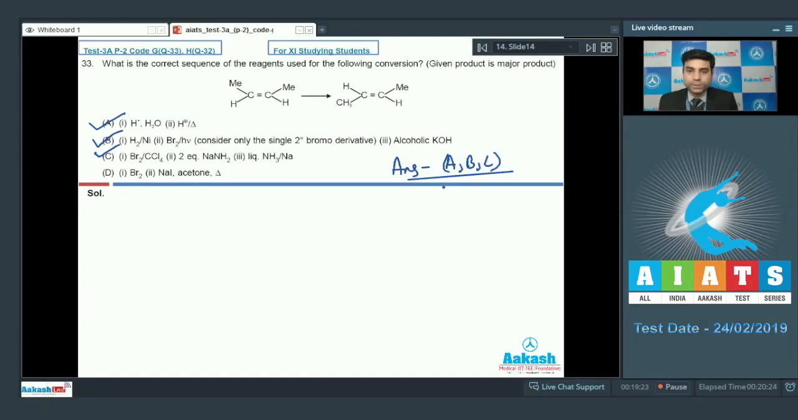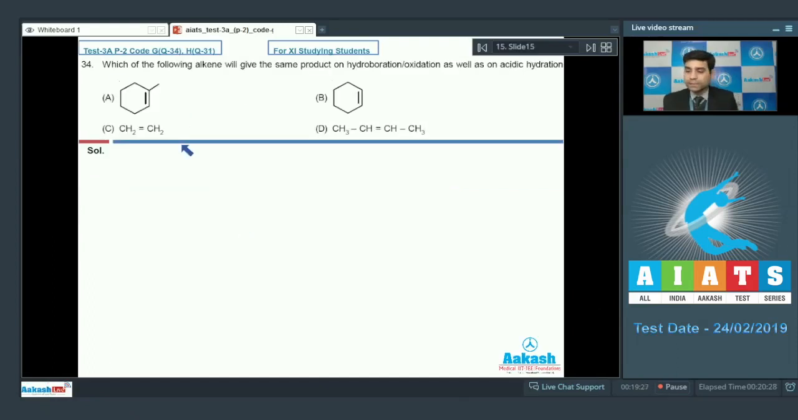Now let's move to the next question. This is the next question we have. It says, which of the following alkene will give the same product on hydroboration oxidation as well as on acidic hydration? So students, if I talk about option A,